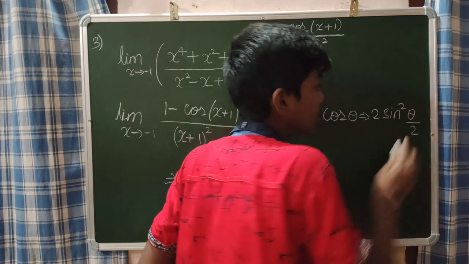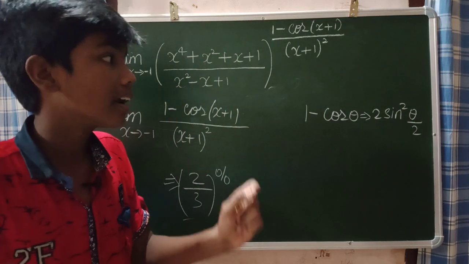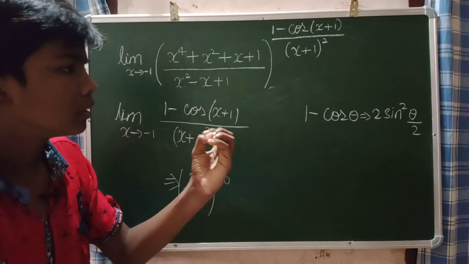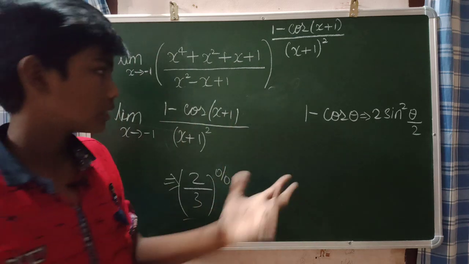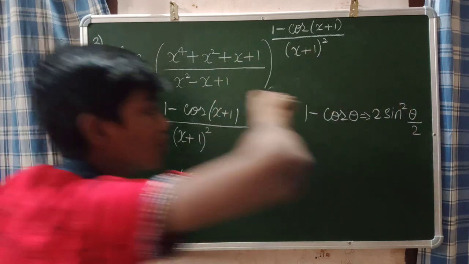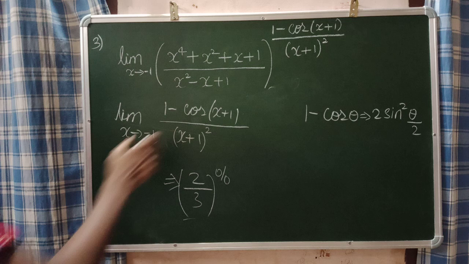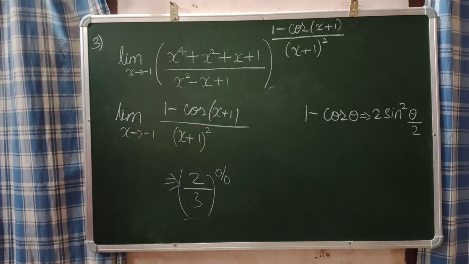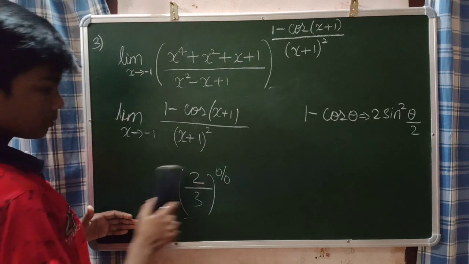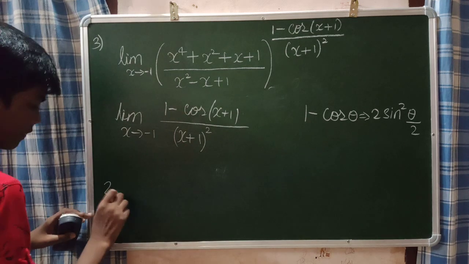Do you people forget that? Guys, you should not forget this because it's a very important formula. This is the most expected one in your JEE Mains. Now, 1 minus cos theta is equal to 2 sine square theta by 2. This is the basic formula which you need to know. Now, it looks like a form of 1 minus cos of x plus 1. Sorry guys, I will write here, okay.